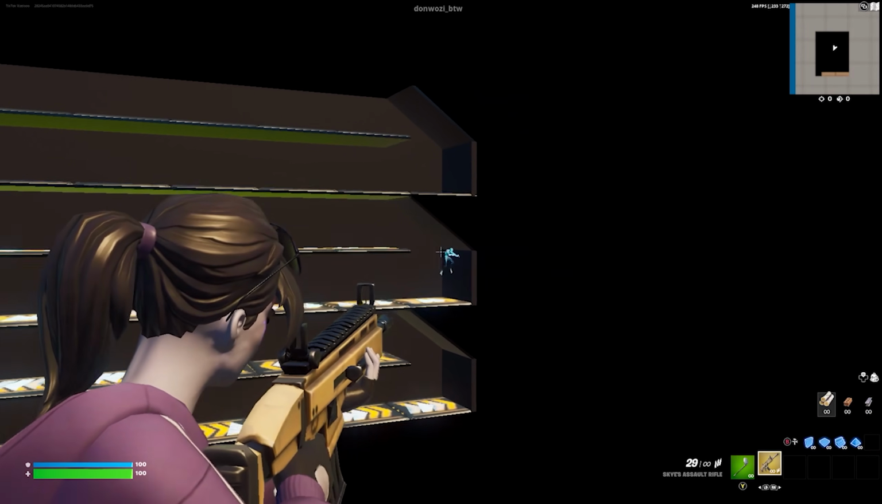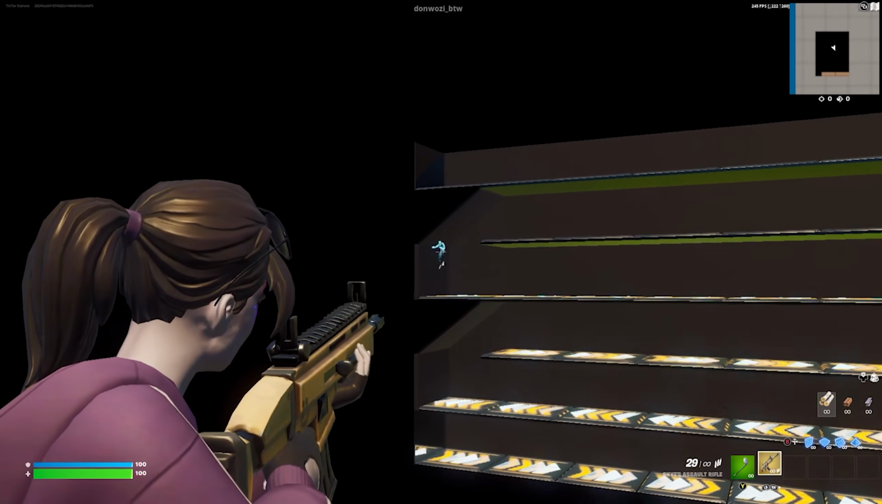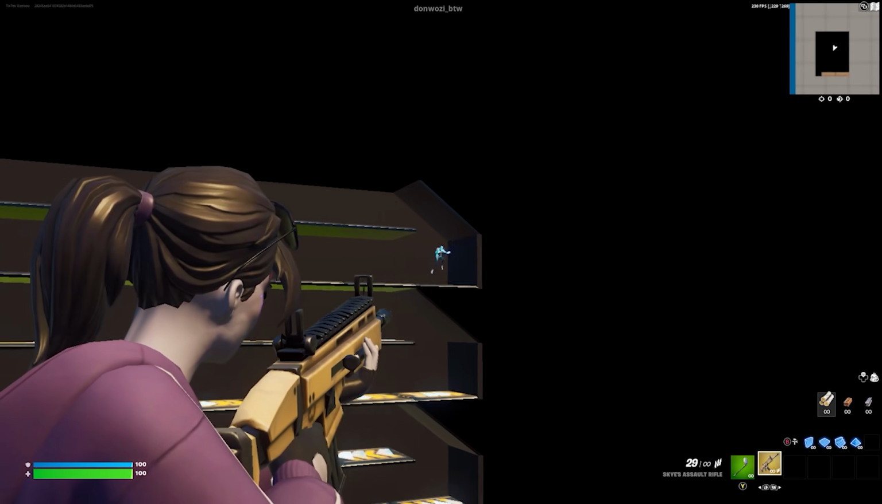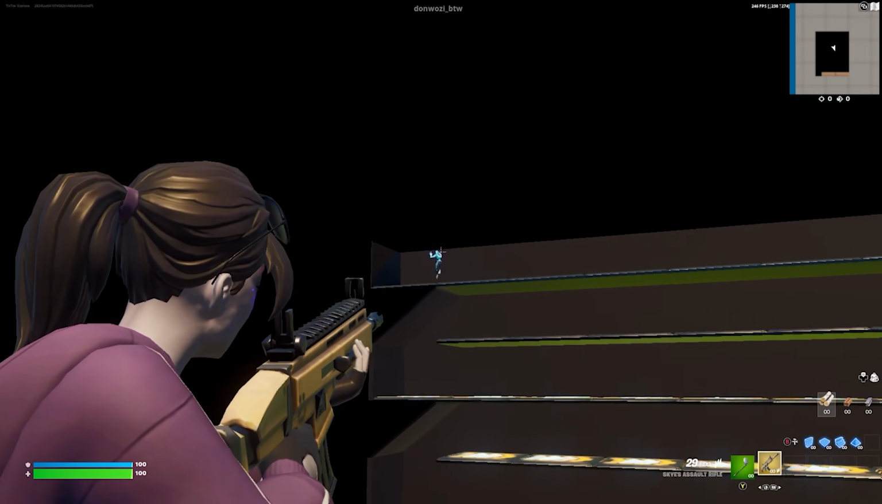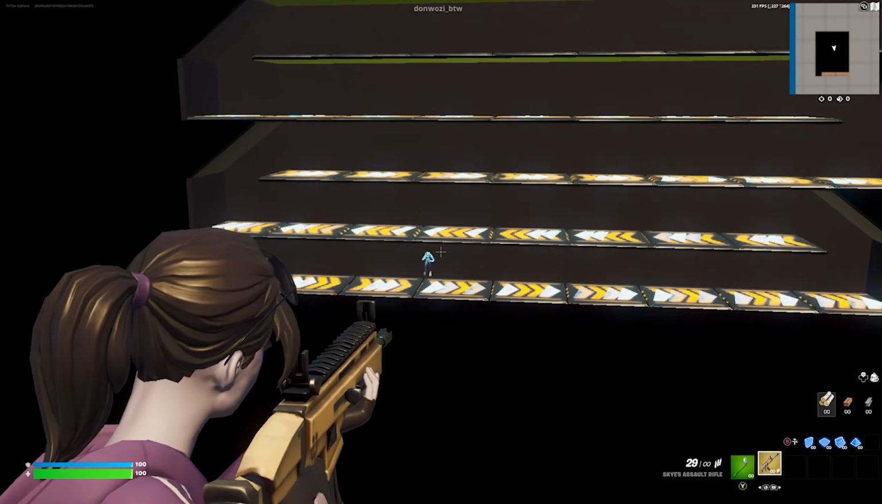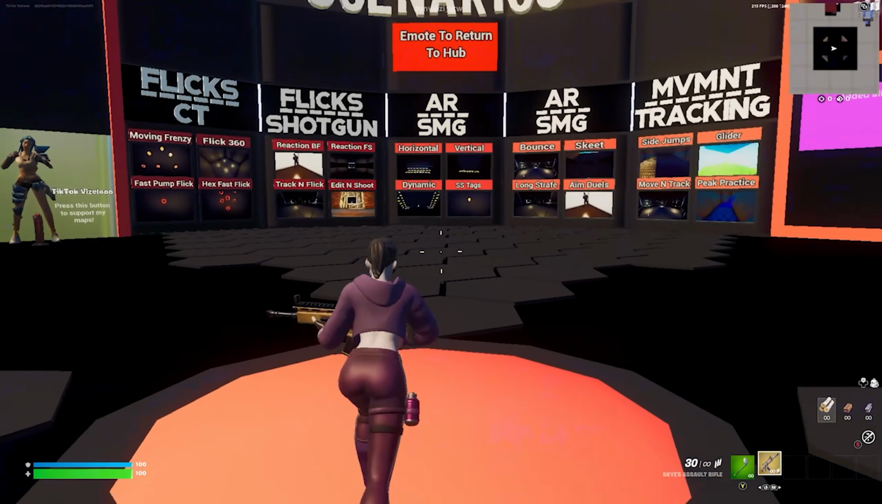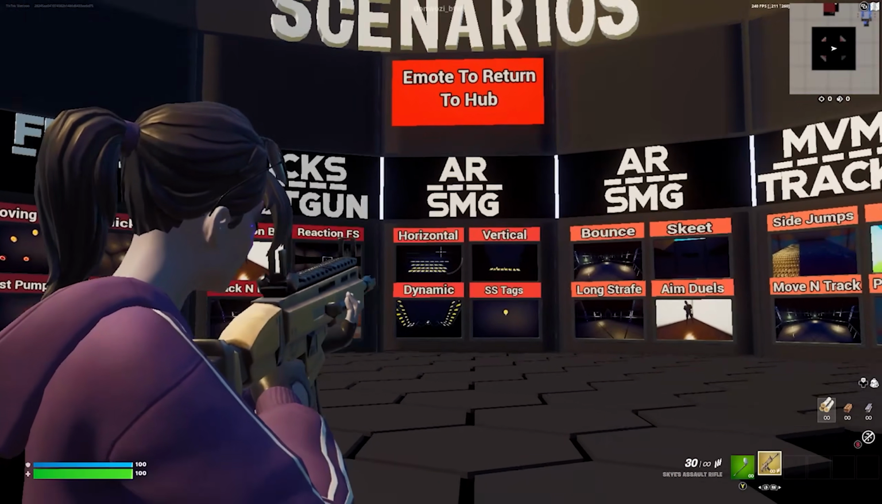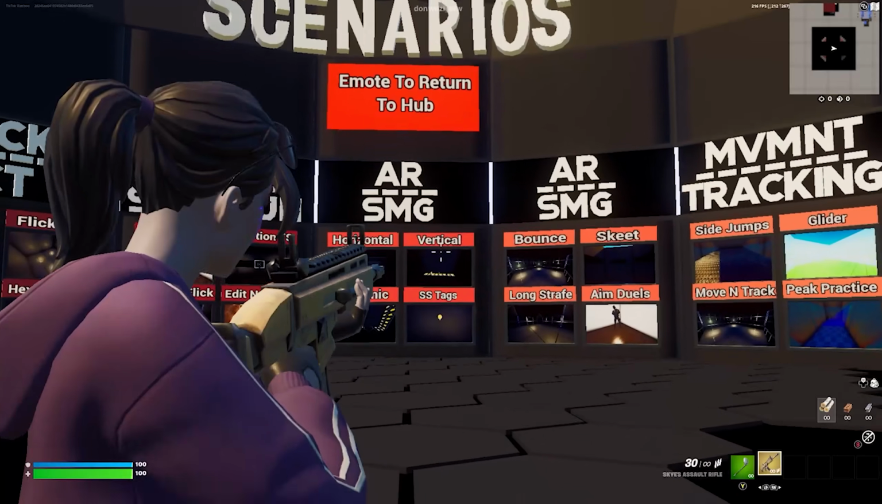So what you're going to want to do is keep repeating this and adjusting your sensitivity until you can perfectly track the bot all the time. Once your crosshair is consistently in the middle of the bot and you can track it all the way around, you know that you found your perfect horizontal sensitivity. Okay, so now that you guys found your perfect horizontal ADS sensitivity, it's time to find your perfect vertical ADS